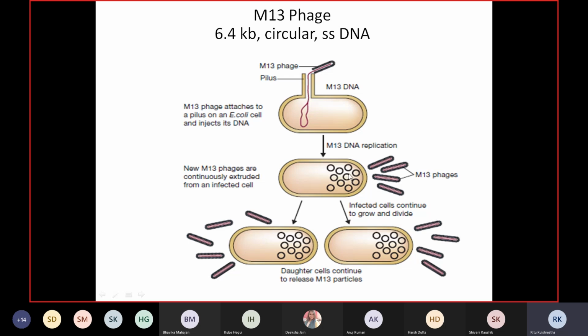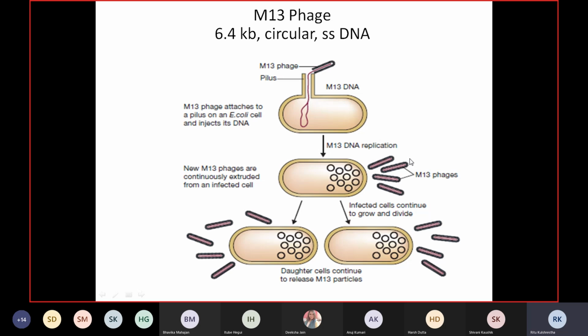I will come to the structure of the cloning vector, but then you can make a cut in these vectors and you can clone your gene of interest. If you clone your gene of interest, it means that now you are ready with a recombinant M13 phage genome. And now in that case you can easily manipulate it,